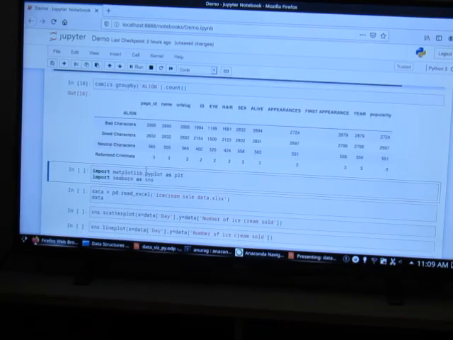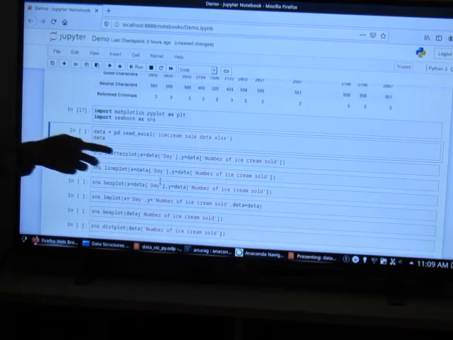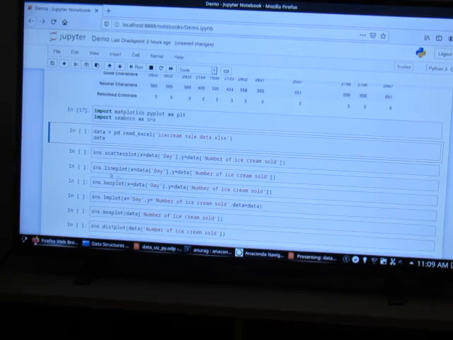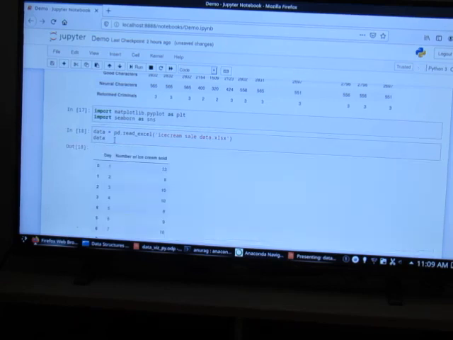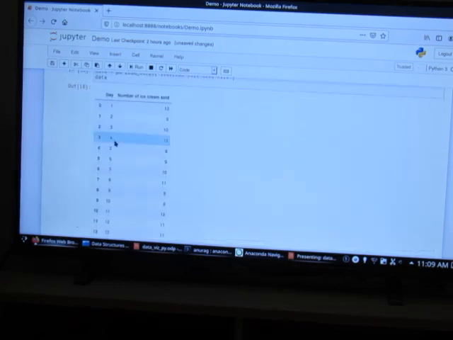And then for plotting, first we have to import, and then we consider another small dummy data set which has ice cream sale data. So for the day, how many ice creams were sold. It's an Excel file, so we use the read Excel command. Again, it has an auto-generated index.